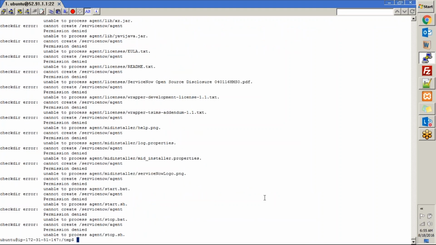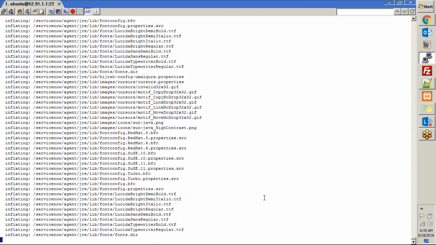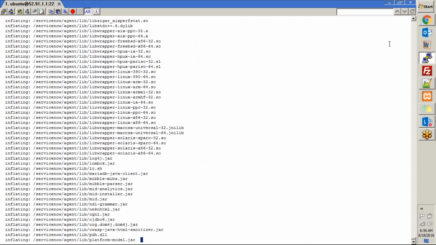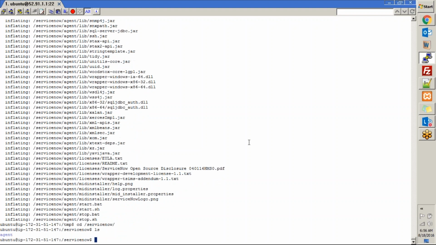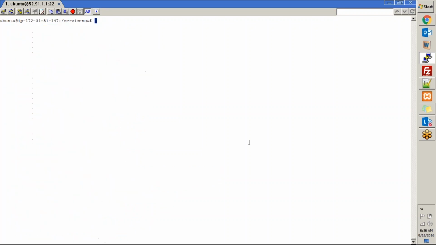Oh, it is saying permission denied. So I'll make it sudo access. Here we go. It is now extracting the files there in the folder that I just created. So I am going to go into the folder. So here we go. So I am in the ServiceNow folder that I created,